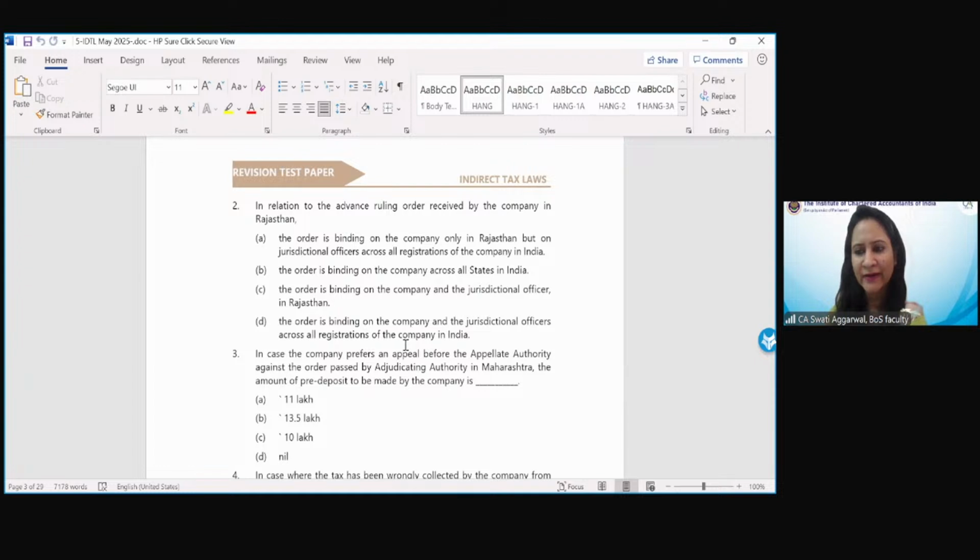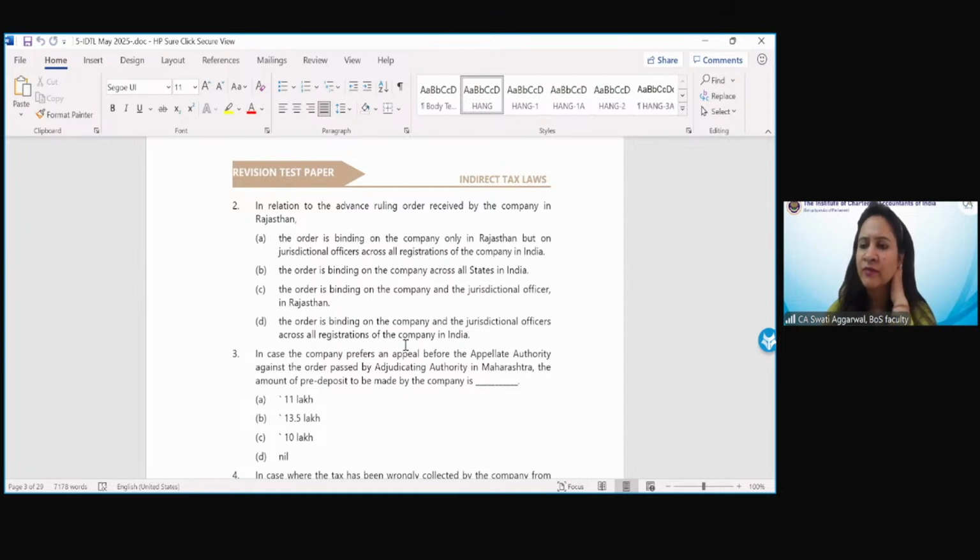The reason is, at CA final level, it is very important for you to go through the relevant statutory provisions. At this level, you should be in the habit of going through the relevant provisions given in the Act. In that manner, you will inculcate the habit of reading the law, and your concepts will also get clear. You will come to know how to read the law and how to interpret it. So, the relevant section behind this, the correct answer, is section 103.